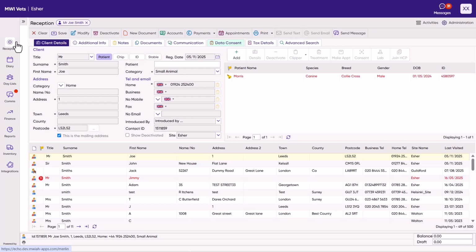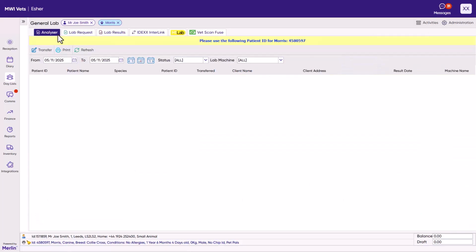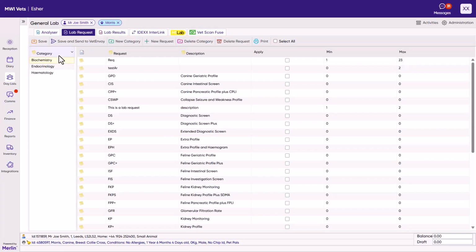In this video, we will explore raising a request for an external lab request via VetXML in Merlin. To do this, once we have searched for the client, select the patient by clicking once, and then press the lab icon. From here, go into the Lab Request tab, and on the left-hand side, choose the appropriate lab category,